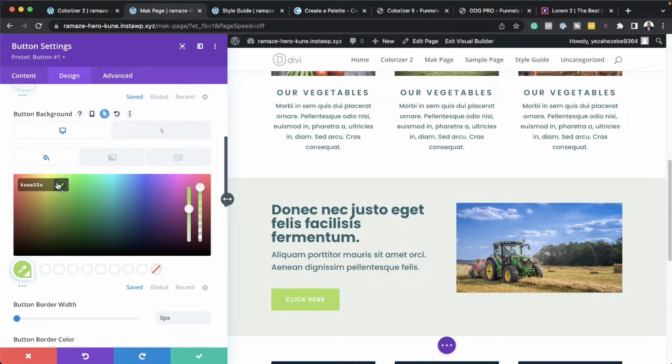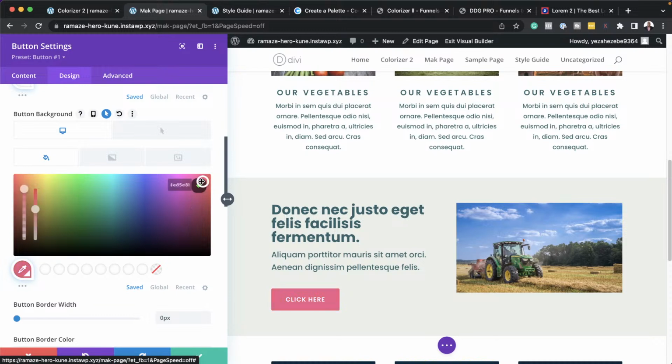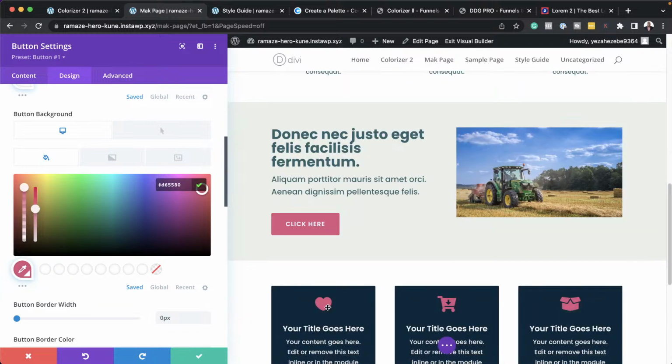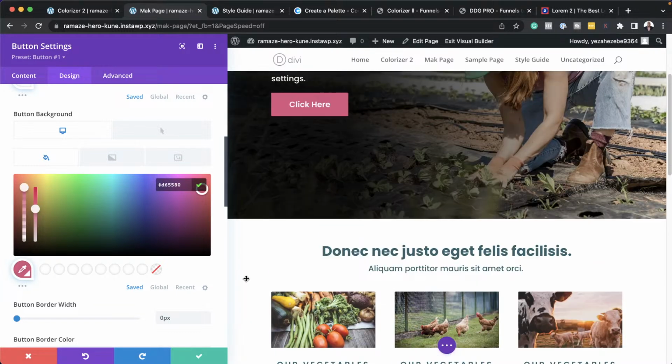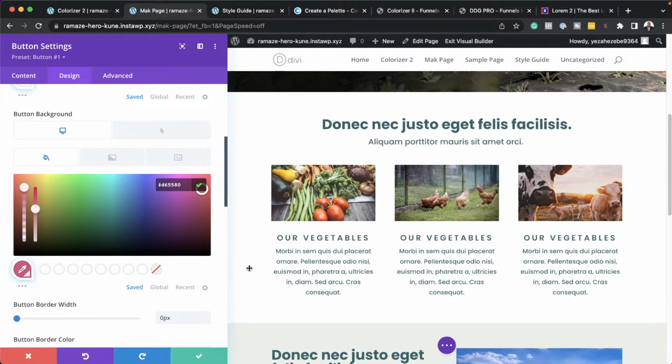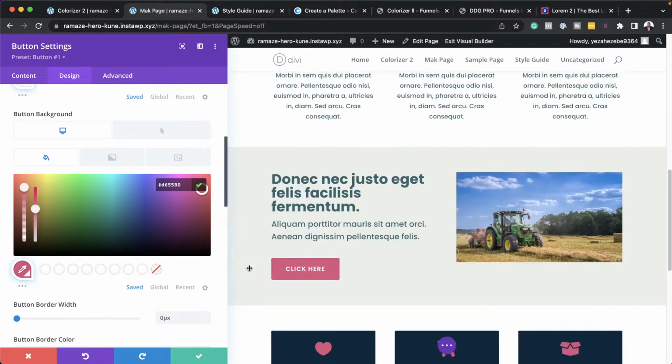Okay, so let's say, let's go over here. So let's say this is the color. Notice that it has changed here as well. And it has changed here on the top. So this means everywhere where our button color has been changed throughout the whole website, it's going to update that way. But not only is it updating the button color, it's also updating everywhere where we use that color on